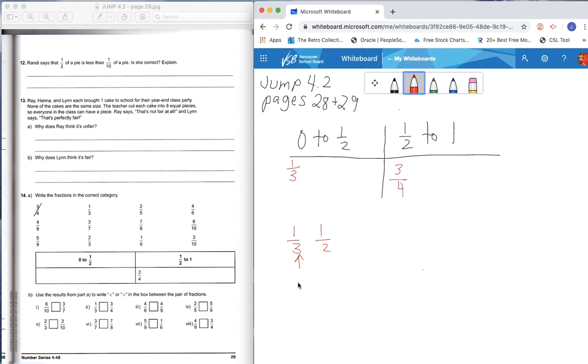Okay, next, 2/5. So let's go 2/5, and then let's compare it to a half. Which one is the bigger denominator? 5. So again, it is the smaller fraction, so it's less than a half. We're going to write it here. Okay, cross that out. 4/6. Let's compare 4/6 to a half. 6, again, is the bigger number, so we are going to write, oh, actually,